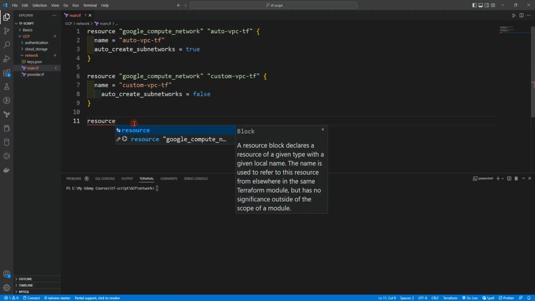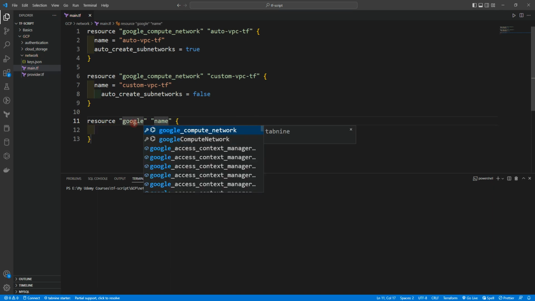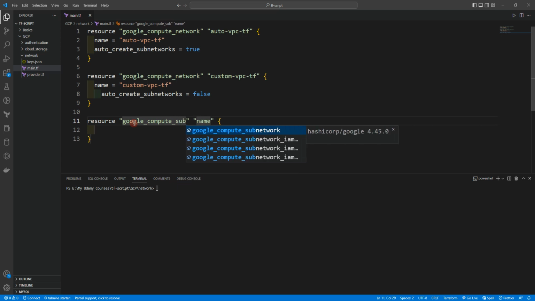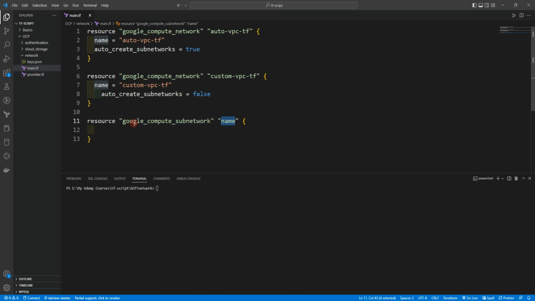Resource Google Compute Subnetwork, and we'll give the name of the region. So in this case, I'm going to choose Asia Southeast 1 subnet. Asia Southeast 1 subnet, and here we'll give the name, and the name would be this, Asia Southeast 1 subnet,